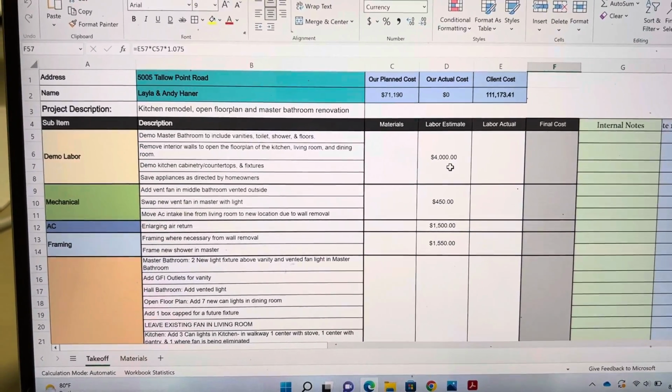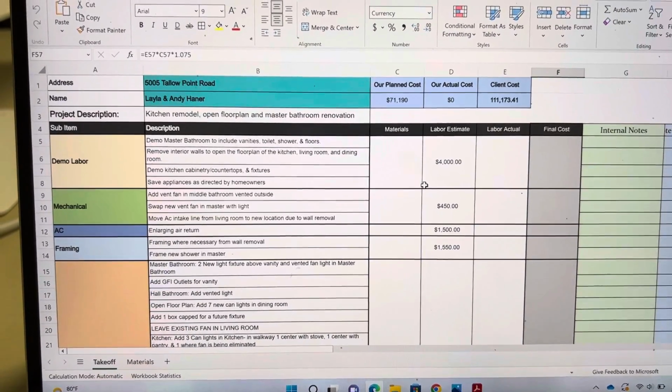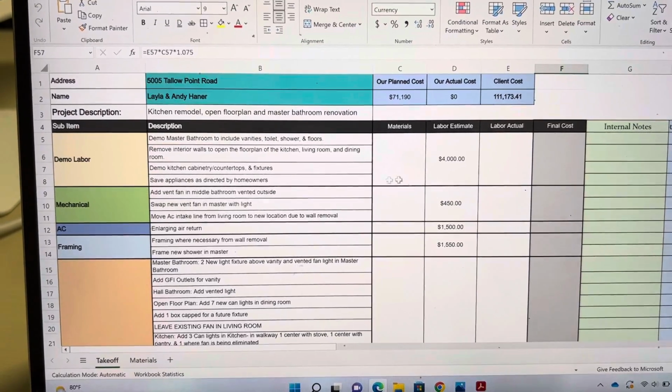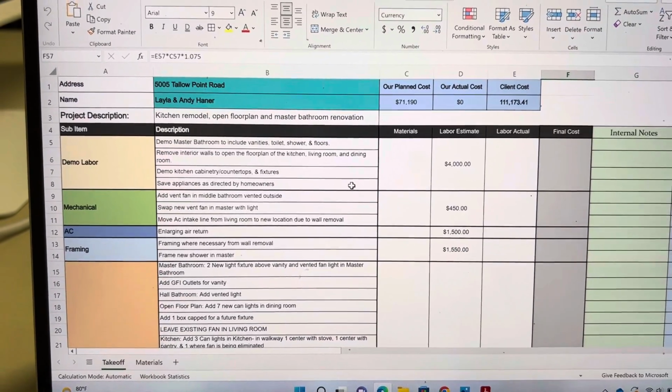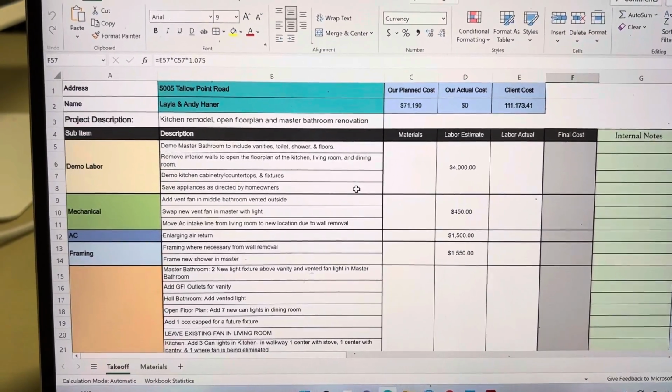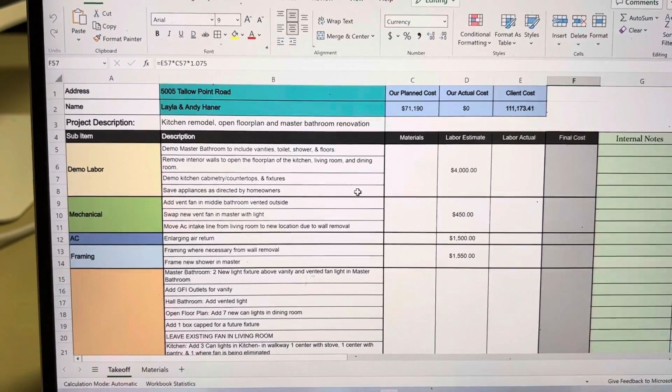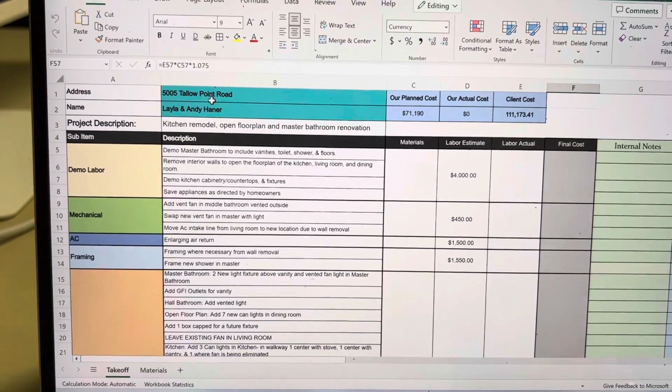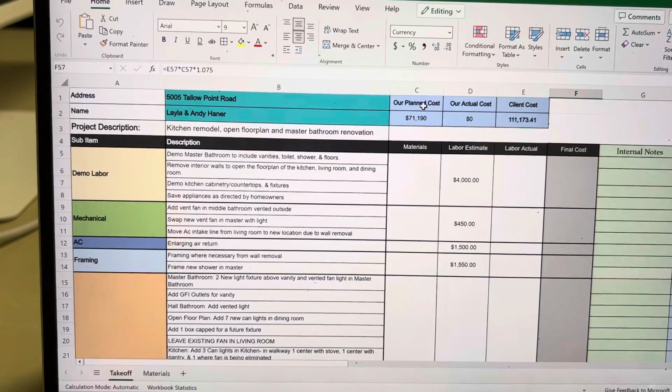Takeoff time. So today we're gonna see how to properly do a takeoff. I'm using Tallow Point as our example since it's the most complete at the moment before we start the project. First we have the address and the client's name, of course,